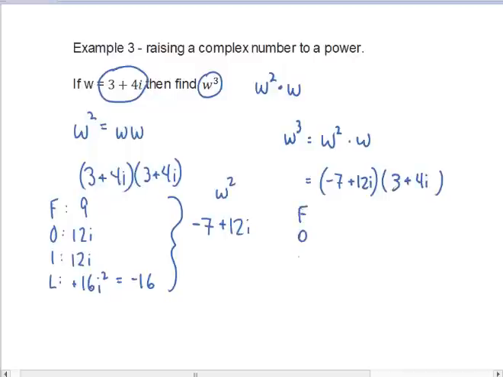We do our foiling, and we have -7 times 3 is -21. Outer is going to be -28i. Inner is going to be positive 36i. And the last is going to be